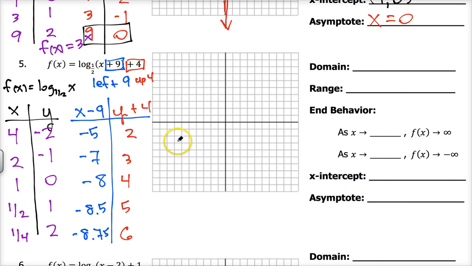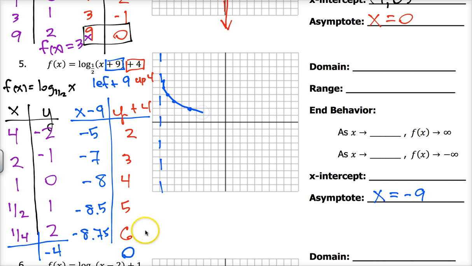Think about your asymptotes. Your asymptote is normally at x equals 0. Because we're going left 9, that's going to put my vertical asymptote at x equals -9, shifting to the left 9 units. So this is where our vertical asymptote would be for this graph. Okay, so we'll plot (-5, 2), (-7, 3), (-8, 4), (-8.5, 5), and (-8.75, 6). So our graph is going to look like